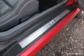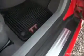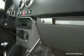You'll notice the door seals have the nice TT insignia. The all-weather floor mats also have the TT design. On the glove box it says Quattro for the Quattro versions. It also